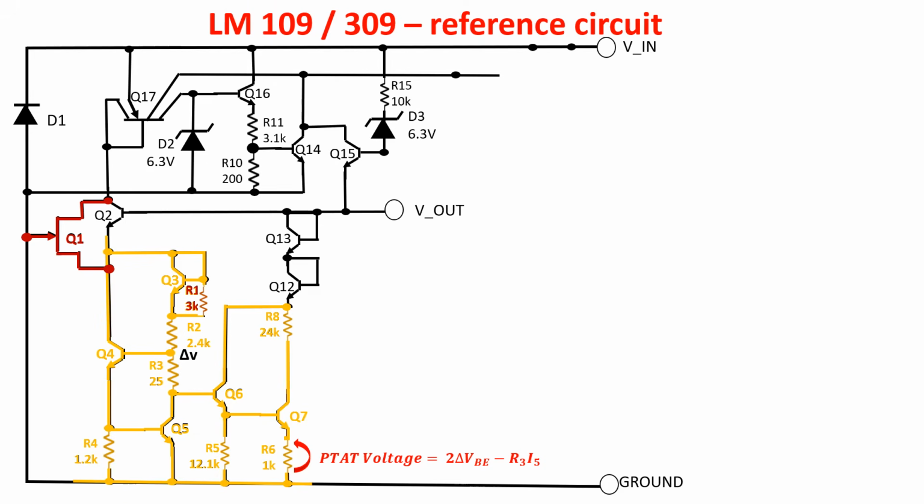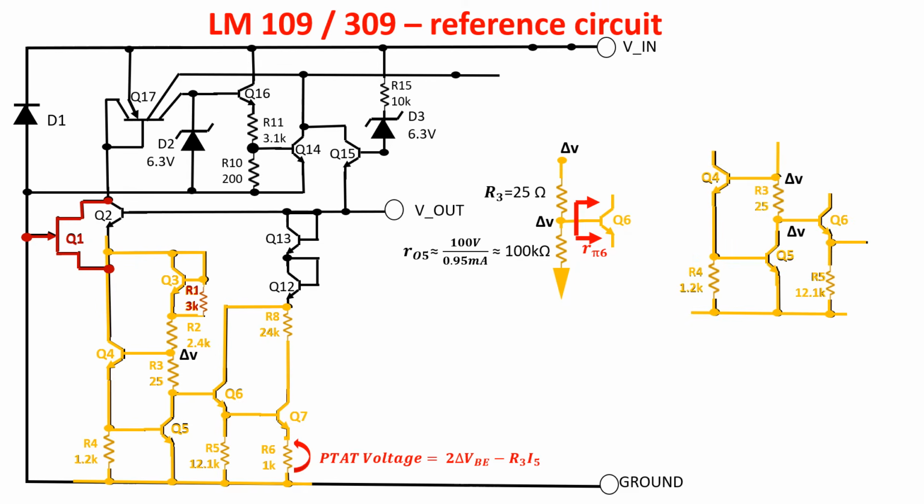The delta V reaches the base of Q6 in two ways. The first way is through R3. So on Q6 we have this voltage divider, and because RO5 parallel RPi6 is much larger than R3, the delta V passes unchanged to the base of Q6. The second way is through Q4. The delta V passes unchanged on the base of Q5 because the parallel of RPi5 and R4 is much larger than 1 over GM4. So on the base of Q6 we also have negative GM5 R3 delta V